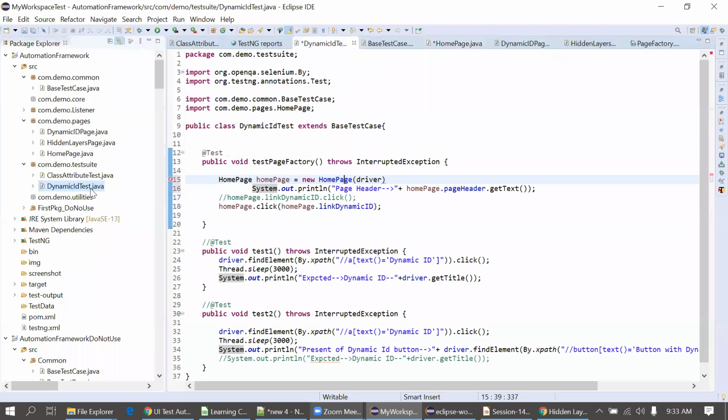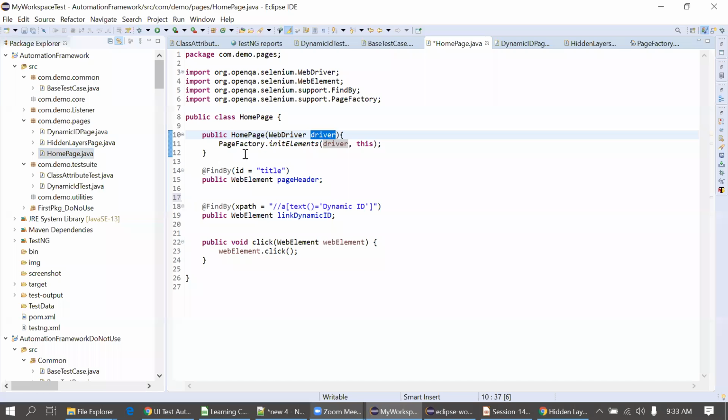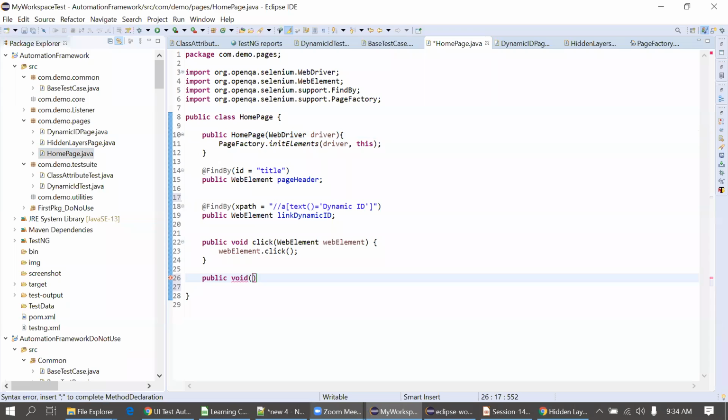What if, instead of creating it in the constructor, I created it in a method? You can simply create one method like this. Suppose I want to keep my constructor as zero-argument, and still I need to call this PageFactory initElements. You can call that, but in some cases, while writing the test case, you might forget to call that method.